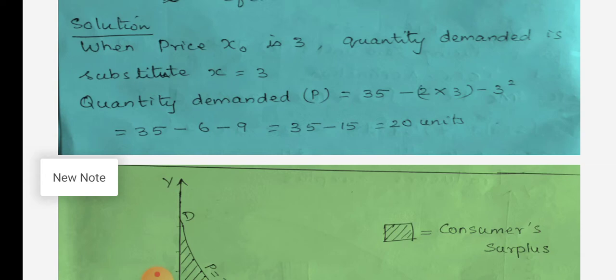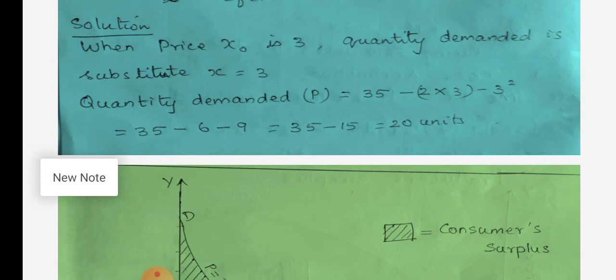We always know that the demand curve is a downward sloping curve. The demand curve DD is always a downward sloping curve, which means the quantity demanded and the price are inversely related to each other. When price is more, we buy fewer units of the commodity. When one increases, the other decreases. So we say that there exists an inverse relationship between the two variables. That is the reason why the demand curve is a downward sloping curve.